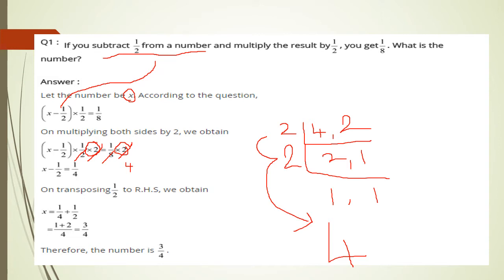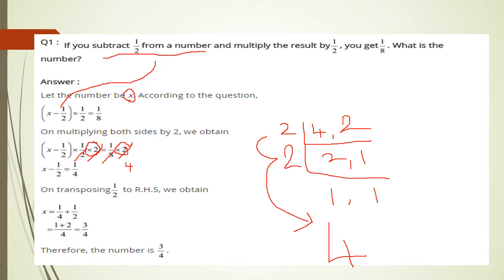So to add these two numbers, we want to equalize the denominators. To equalize the denominators, we want to find the LCM for these two denominators. Let us take the two denominators 4 and 2. 4 comma 2. We can divide these two by 2. 2 2s are 4, 2 1s are 2. Again, 2 1s are 2, the 1 remains as it is. Therefore, the LCM is 2 into 2, 2 2s are 4. 4 is the LCM for 4 and 2.